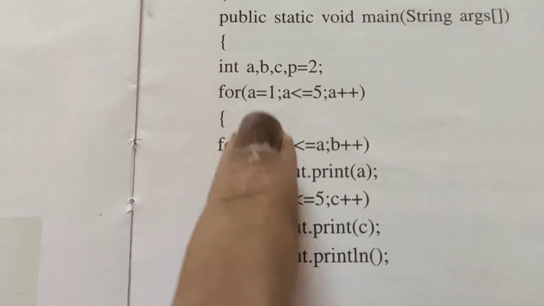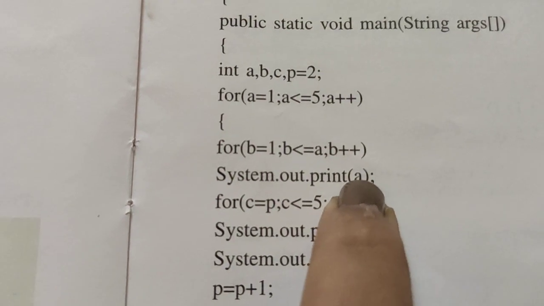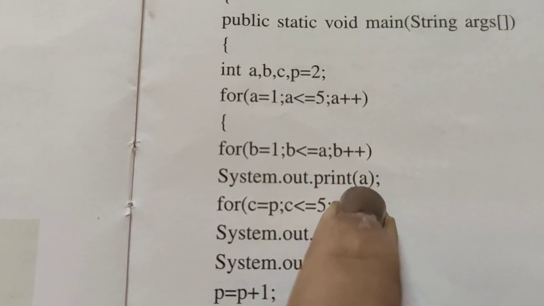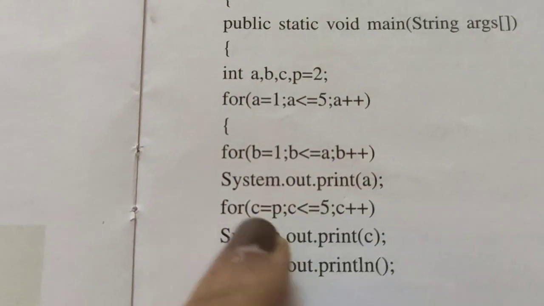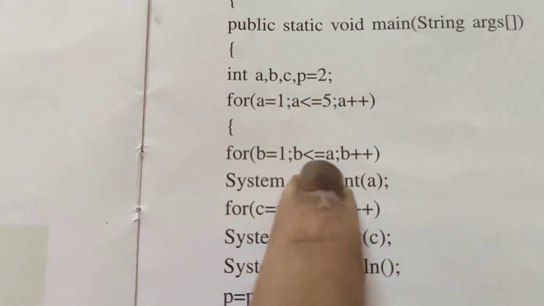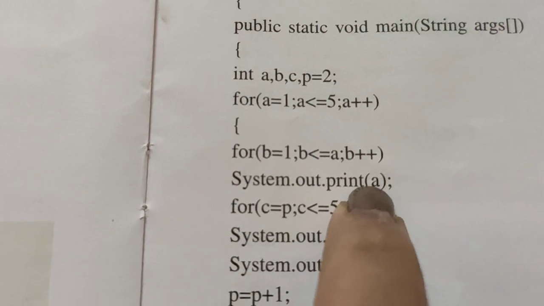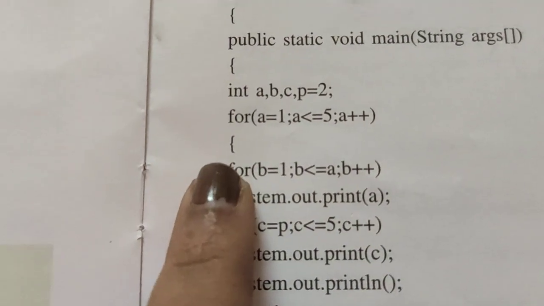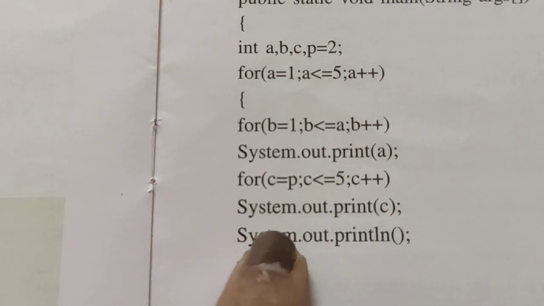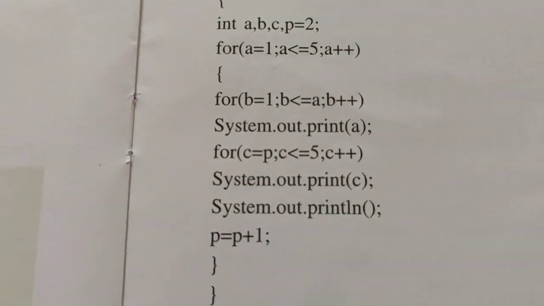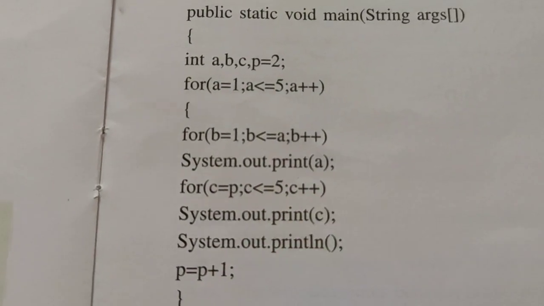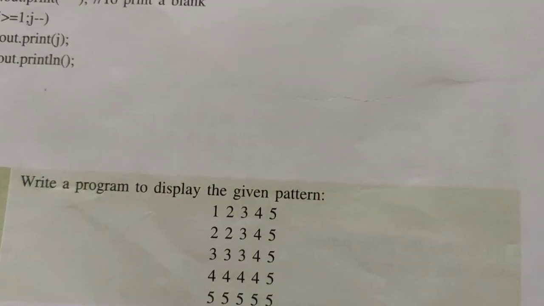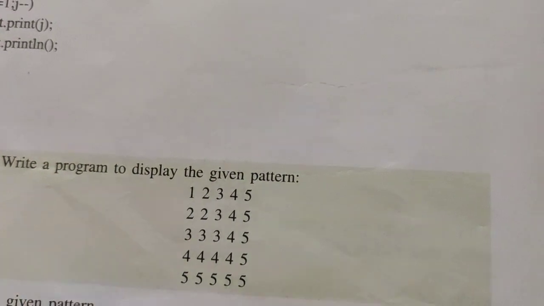So for B is equal to 1 it will enter into the loop, and 3 will be printed. For B is equal to 2, it will enter into the loop and 3 will be printed, and for 3 it will enter into the loop and 3 will be printed. So 3 times the 3 value has been printed, and for 4 it will come out of the loop, and again here the value is going to be 4, and 4, 5 will be printed. The next line goes on like this, and you will get the pattern like this.